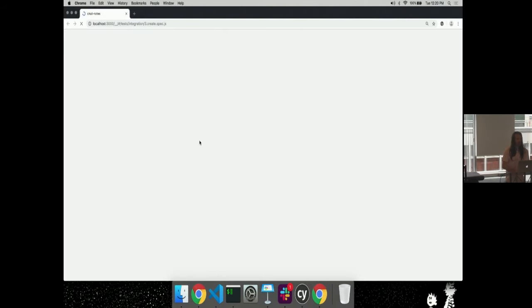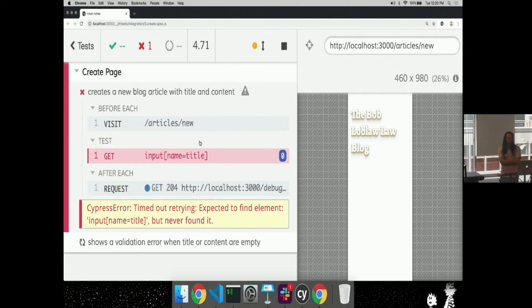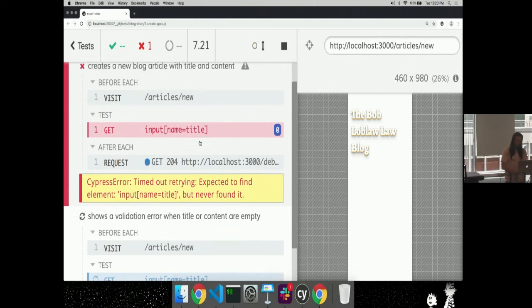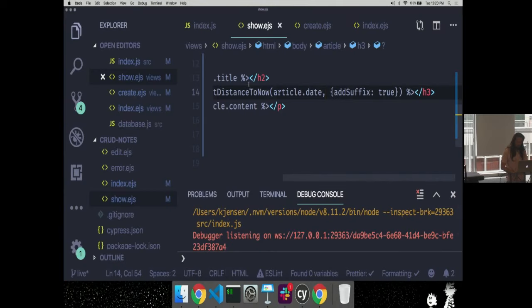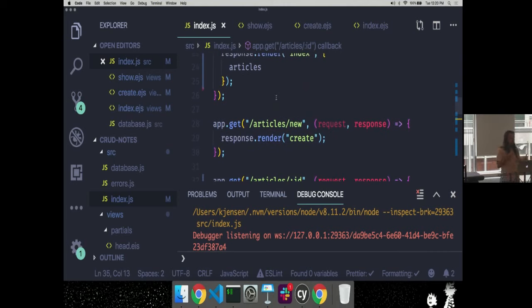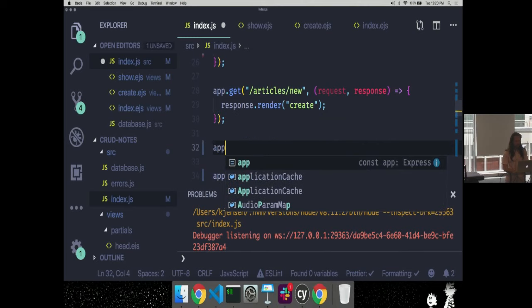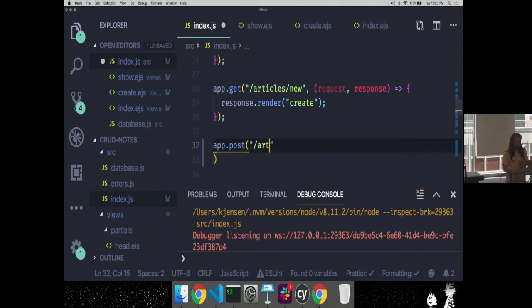So let's go. What else do I need to show you? Because maybe we don't get through all of those requirements. Okay, so let's handle the creation of this blog post. So we have the route that handles the form, but when we click that post button, we need to have a route that handles that action. App.post is what we're going to use for that. And it's going to be a post request on /articles. So post on /articles is going to be to create a new article, request, response.